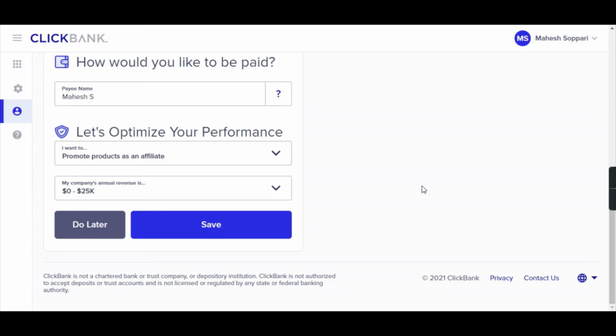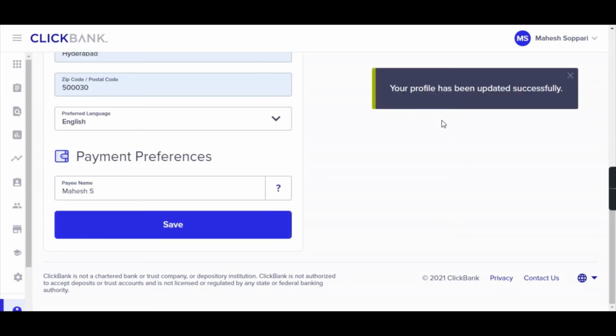Once you have completed all the options, you need to click on save. Let's see what happens next. Your profile has been updated successfully. Now see here, the dashboards are enabled.